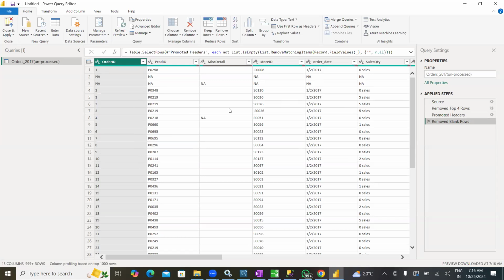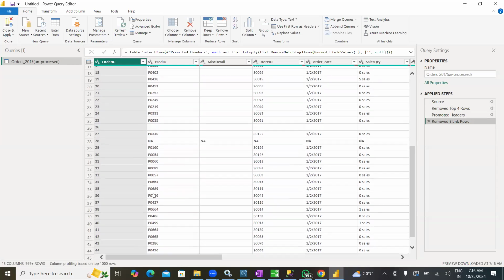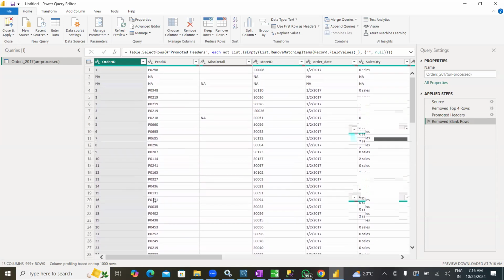So this thing is done. Now, next thing. What's the next thing that needs to be done? In order to make it further clean, remove the not available field, and also we don't have any data in miscellaneous details, so we can remove that column itself. Correct. Now, first, what I'll do, look, in here, we have 2 rows where almost all the data